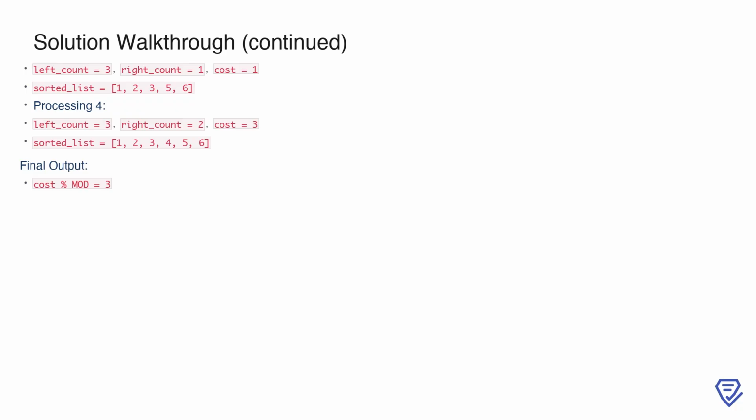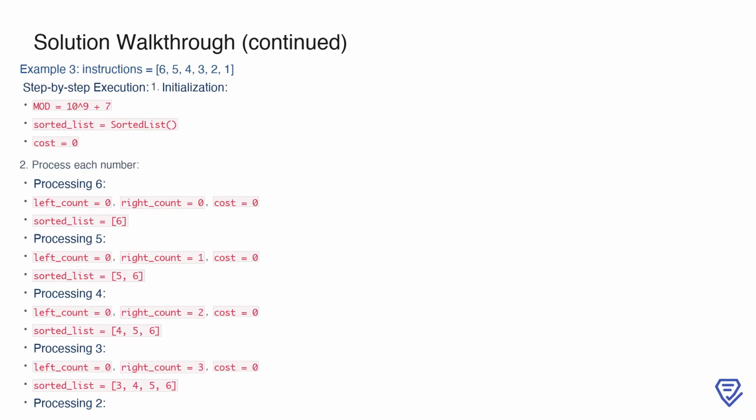Adding 4 results in the sorted list 1, 2, 3, 4, 5, 6. The final output of the cost modulo mod is 3. In the final example, the instructions array is 6, 5, 4, 3, 2, 1. Again, we initialize mod as 10 to the power of 9 plus 7, an empty sorted list, and cost set